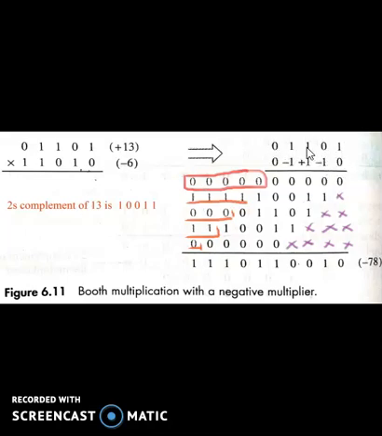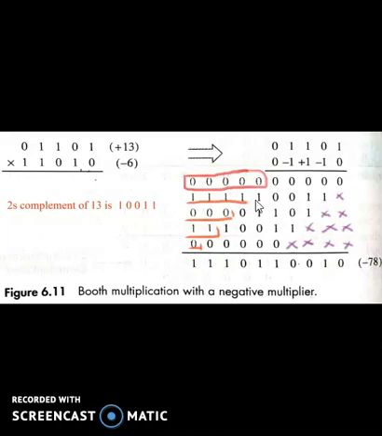Remember, this is plus 13 and it is multiplied with minus 1. So 13 multiplied with minus 1 produces minus 13. For minus 13, we have to take the 2's complement of 13. So the 2's complement of 13 is 1 0 0 1 1. Write it as it is, 1 1 0 0 1 1 1 0 0 1. So this is minus 13 that we are getting, and we are skipping one position to the left. Okay, so this is minus 13.